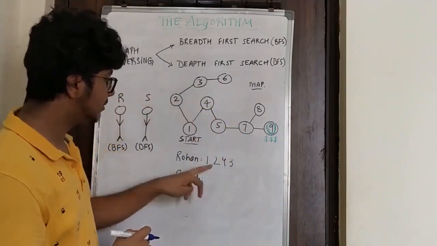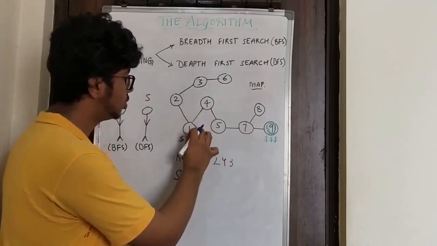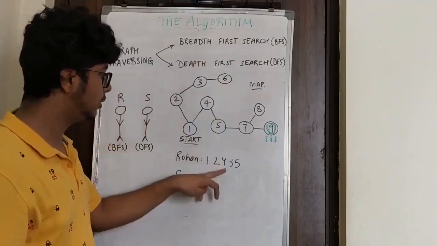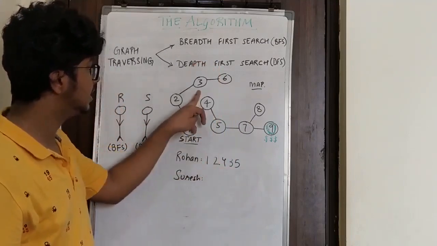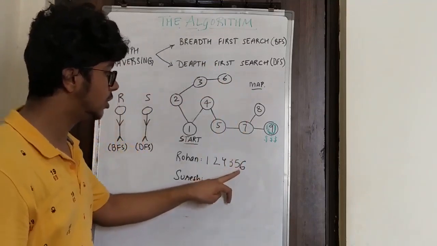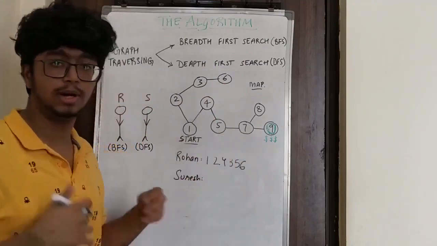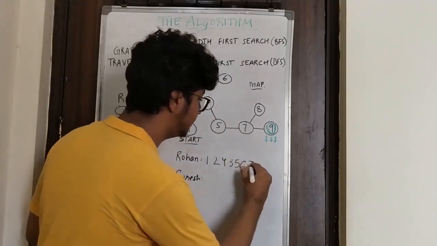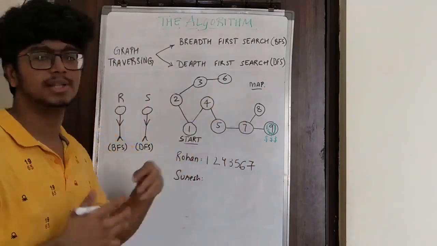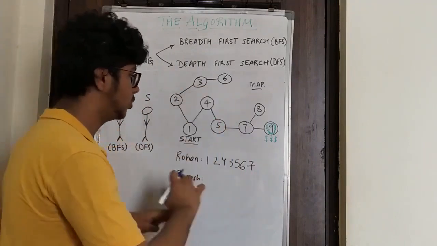Now 2 is completely explored, so he moves to 4. Node 4 is connected to 1 and 5. We have already seen 1, so then comes 5. Node 4 is explored, then he moves to node 3. 3 is connected to 6, so he visits 6. Then he goes on to explore node 5. Node 5 is connected to 4 and 7, but 4 is already there, so then comes 7. Now comes node 6, and node 6 is not connected to any new node. All the nodes it is connected to are explored, so node 6 is done.